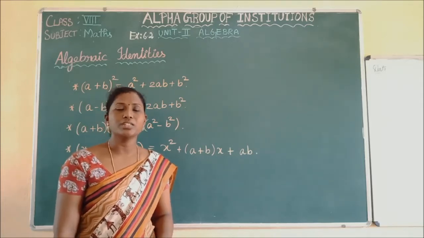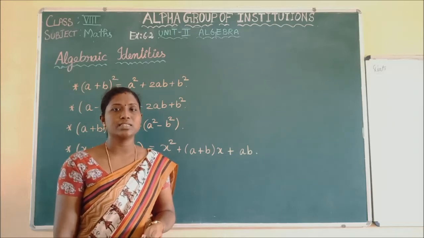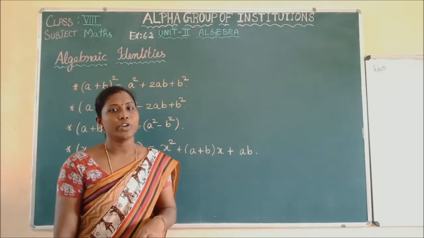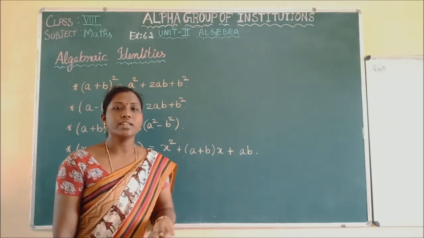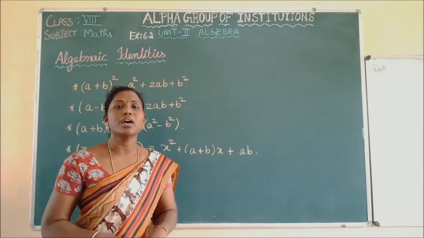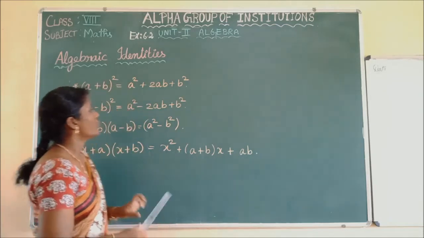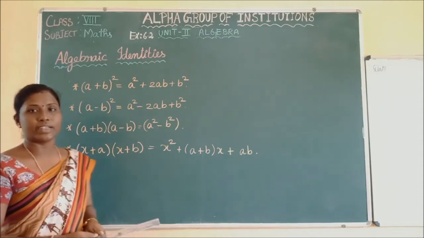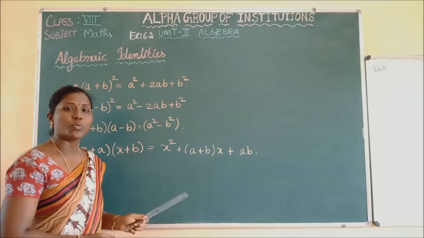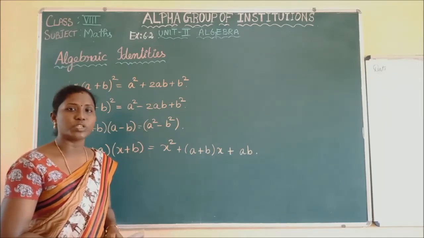Okay, we have finished algebra exercise 6.1 in our last class, isn't it? In that we have learned how to multiply polynomials. Yes, in exercise 6.2 we are going to solve using the algebraic identities. Here are the four familiar algebraic identities that you have learned in your earlier classes. We will recall the identities once and then move on to solving the exercise 6.2 problems.